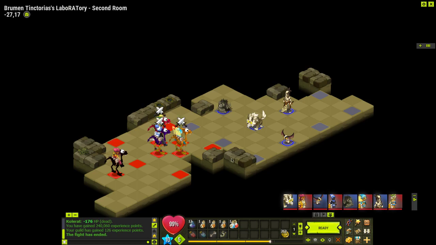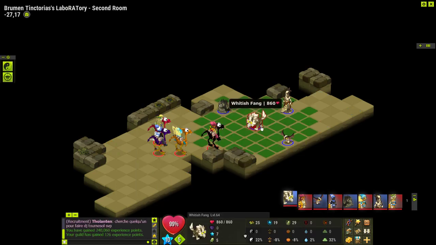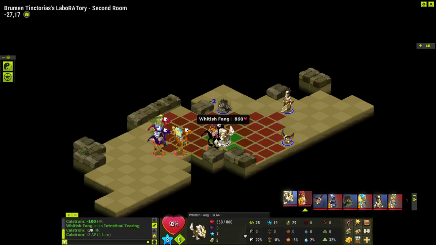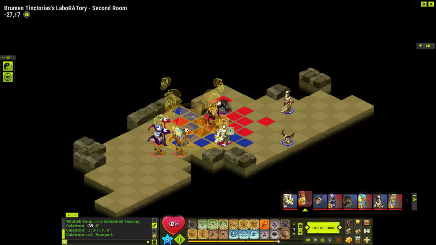Oops. Okay, so Whitish Fang, if he attacks us first, does he go for an Unbewitchment? That's what I want to try and see. No, but he goes for an AP reduction. So, now it's the time to buff, because he's already gone. So what I'm going to do is...